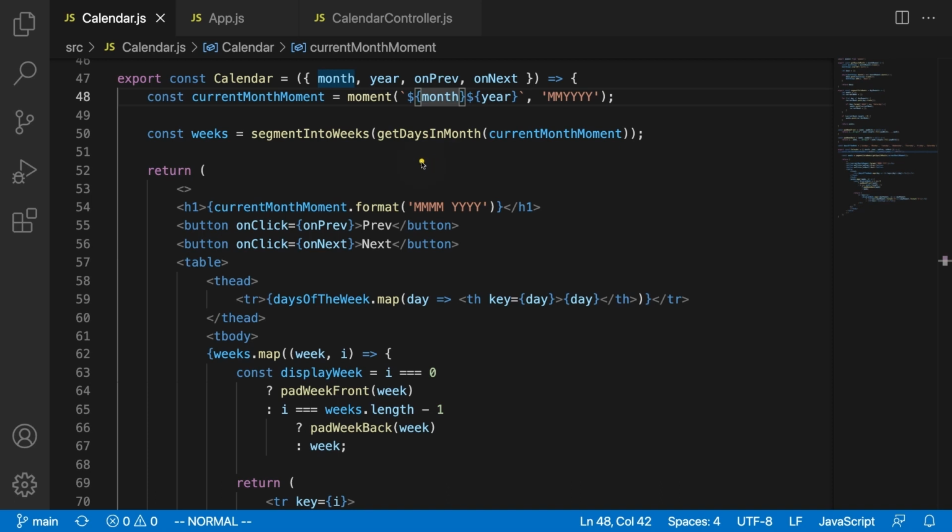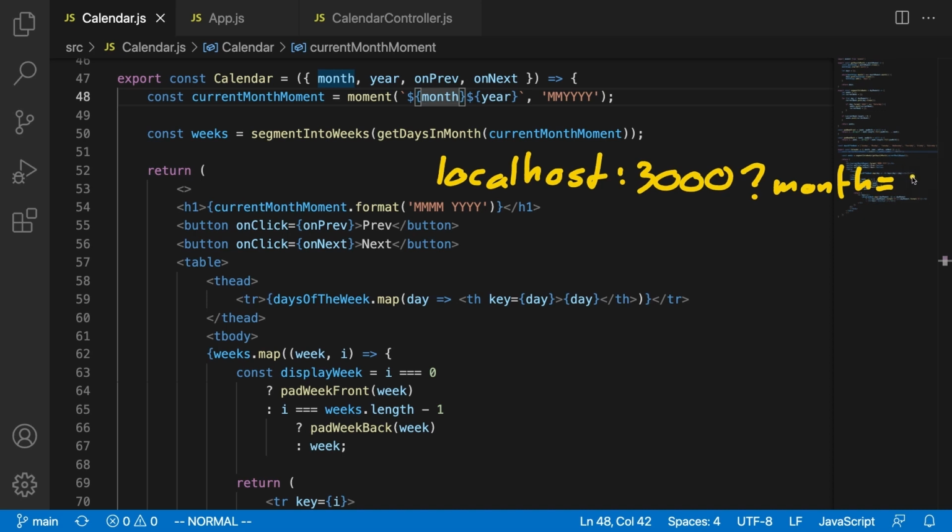Essentially what we're going to do is when the user visits our site, right? So if we're at localhost 3000, for example, the query parameters are the part of the URL that comes after a question mark, and basically each of them is just a name of some kind, right? So we can use month for whatever month we want to be on, followed by an equal sign, and then the value that we want to be there. So this could be 8, for example. Okay, and then if we want to have multiple query parameters, we just separate those with an ampersand symbol. So we could have year equals